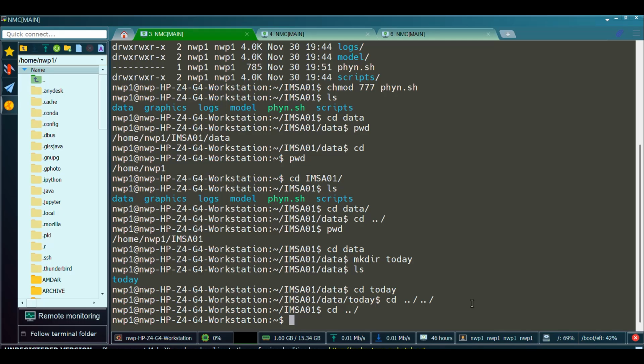I want to go straight from home, that is where I am, to today. So how do I go straight from home up to today? I will go by writing what we call the full path, the absolute path, the full path up to the folder called today. So I will write cd /home